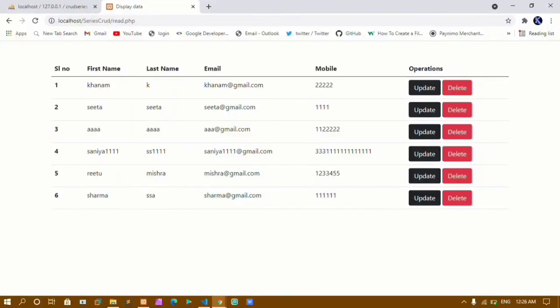We have seen creating, reading, updating, and also deleting the data. We have performed all the CRUD operations. Now in our next tutorial, we are going to see how to insert radio buttons data, how to insert checkbox data, and also how to insert select options data. We are going to learn more about this so that we understand how to insert that particular data, and later on I am going to update this same table, same database, and we are going to perform all the operations on this data itself.